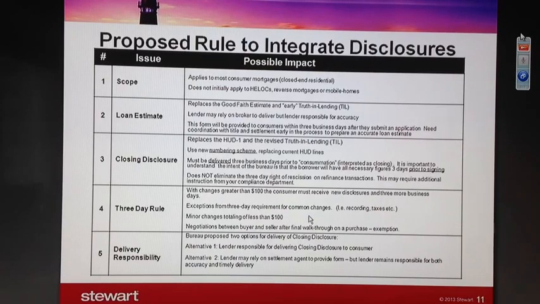Number 5 is another very interesting kind of undecided rule at the moment. And if you think back again to the idea that your closing disclosure is now also a final truth in lending disclosure, who is going to be responsible for the delivery of that document? And either way you kind of split this out,